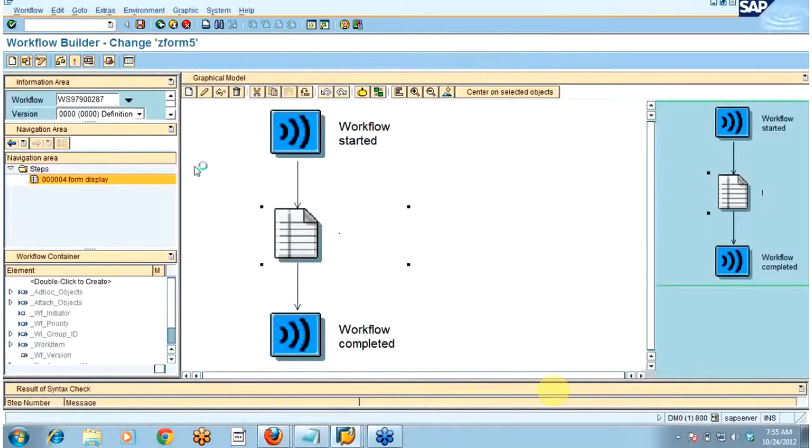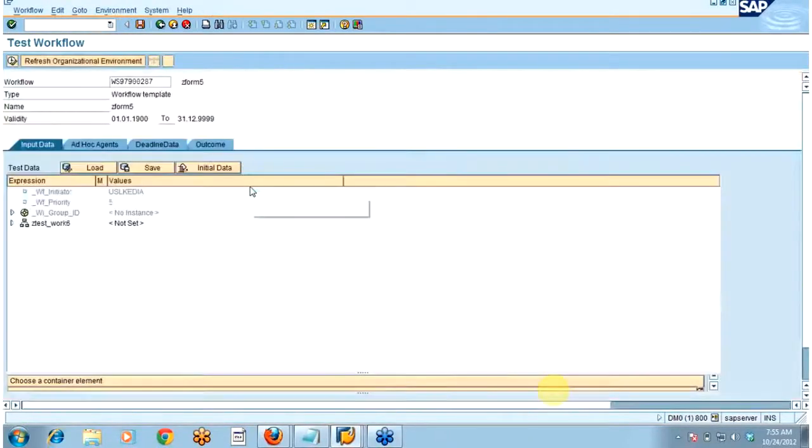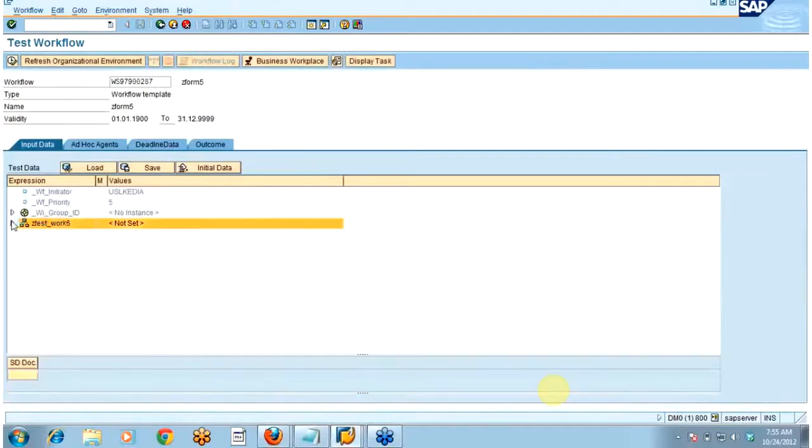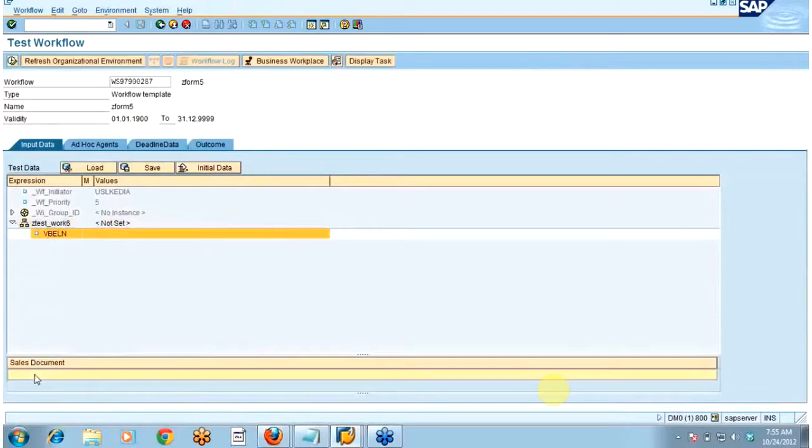Now I will execute this particular workflow. Okay, I'm sorry.